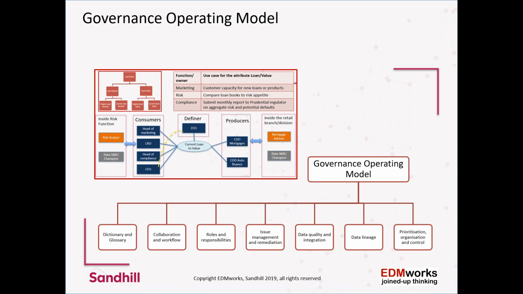There needs to be issue management and remediation, a key aspect of the whole data governance and data quality set of activities, so that we don't just have this fancy framework, we actually remediate, we actually make sure stuff gets fixed. Then there is a whole set of data quality activities. Some would be within governance, such as setting the characteristics for data quality and defining what they are, so completeness, accuracy, timeliness, comprehensiveness, these sorts of things. And then the other thing is integration with the actual profiling or data quality technology that will be on the ground, that will be constantly testing data, reviewing data.